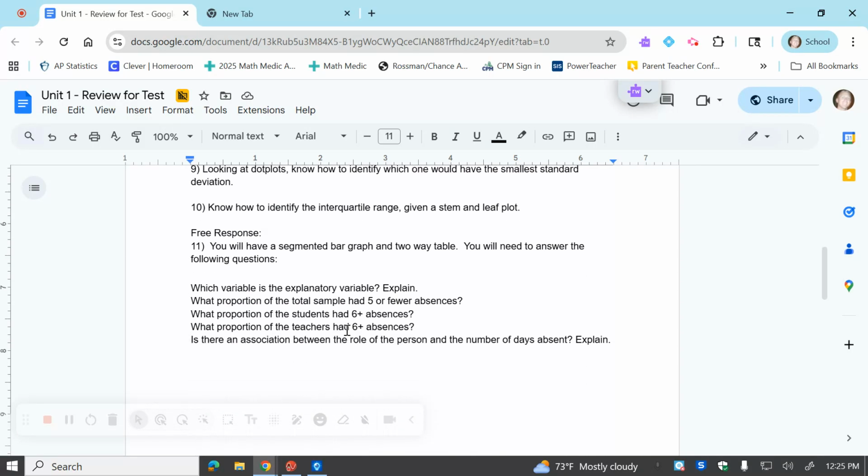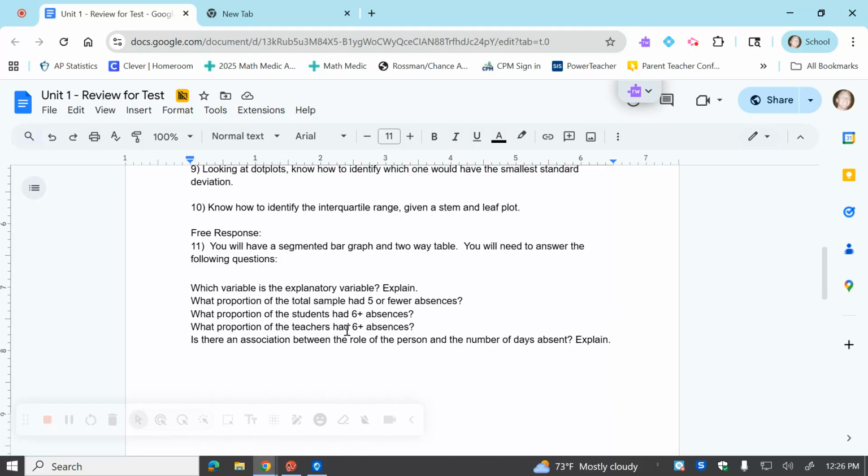Number 11, you will be given a segmented bar graph and a two-way table. You will have to tell me what is the explanatory variable, and why it's the explanatory variable. The key there, we use the explanatory variable to help us predict something. What is it that we're trying to predict? You will have to